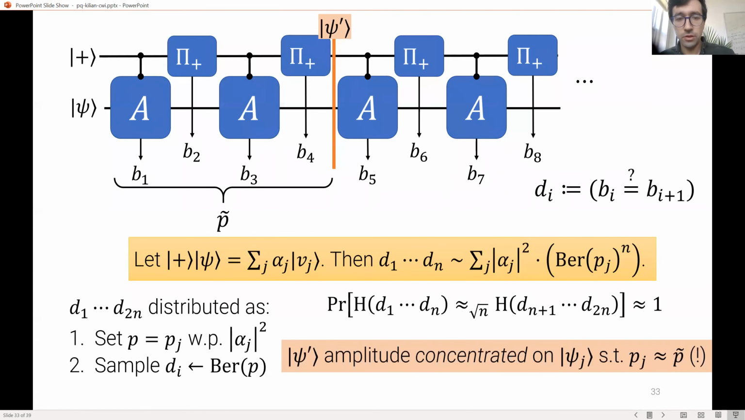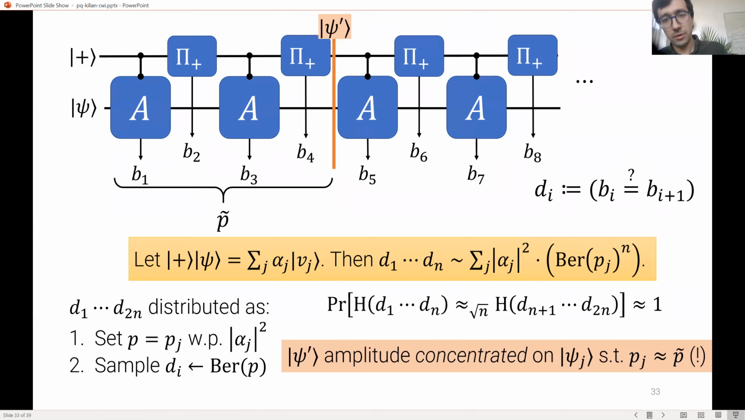And what this shows is that the state, in the middle of the procedure, is now concentrated on, sorry, this should be a VJ, not a psi j. So it's concentrated on VJ such that PJ is close to the estimate that we got in the first half of the procedure. Right, so this P tilde is the estimate that you get in the first half. When you get to the middle,